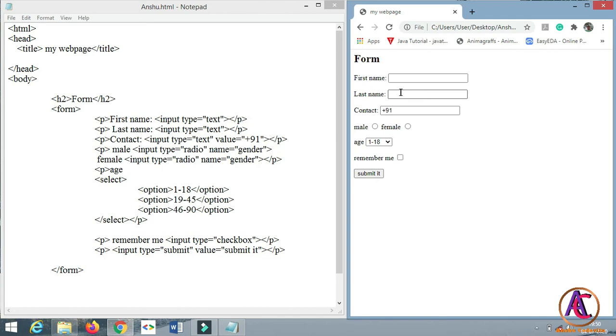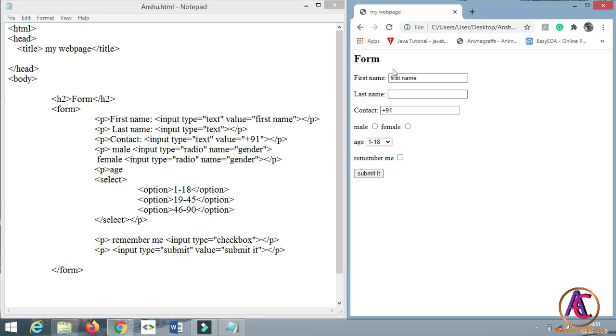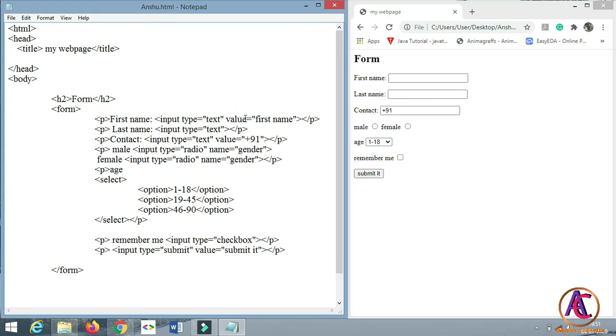So let's give a default first name and last name by putting value and giving First name, and save this and refresh it. You will see that the first name appears, so that the user can delete the first name and type their own first name. We can also use another attribute called placeholder instead of value, so that the user can directly enter their details without deleting the first name.